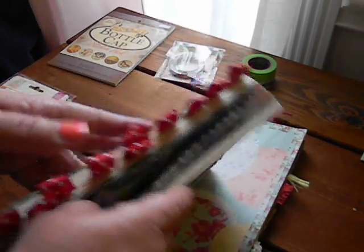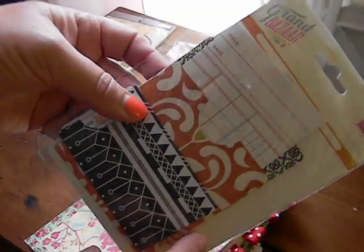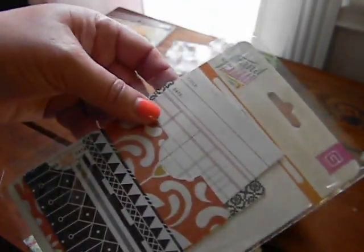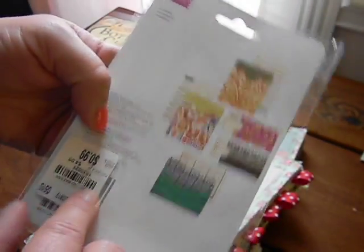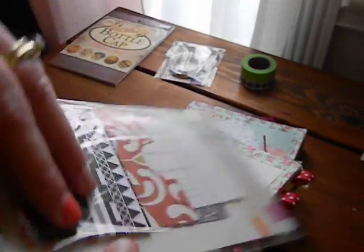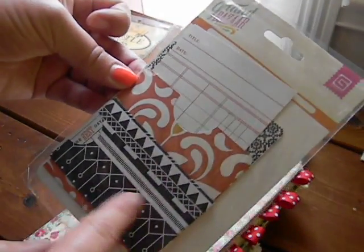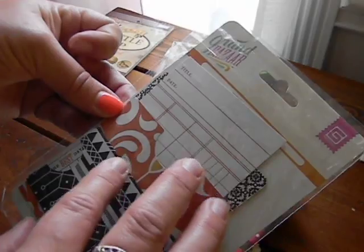Well, I had bought these little pocket file inserts. I think I got them at Tuesday Morning. I thought maybe the same day I went to Hobby Lobby and Tuesday Morning, and bought a bunch of scrap things to use in my prayer journals. I'm thinking I had gotten this at Hobby Lobby, but because of the price tag where it says compare at this price, I believe I probably got it at Tuesday Morning. I love this. I'm going to use these two together at some point. You see the color scheme of the black and the white, and then the orange. I love that. So I had several of these,